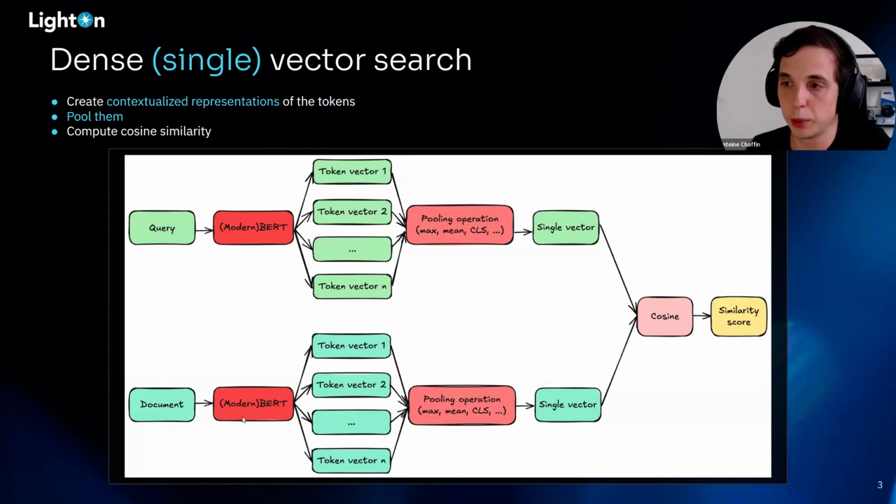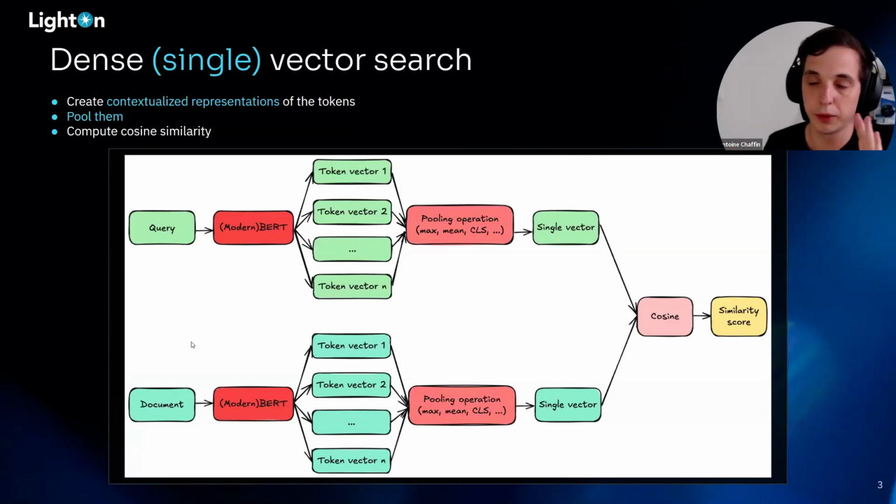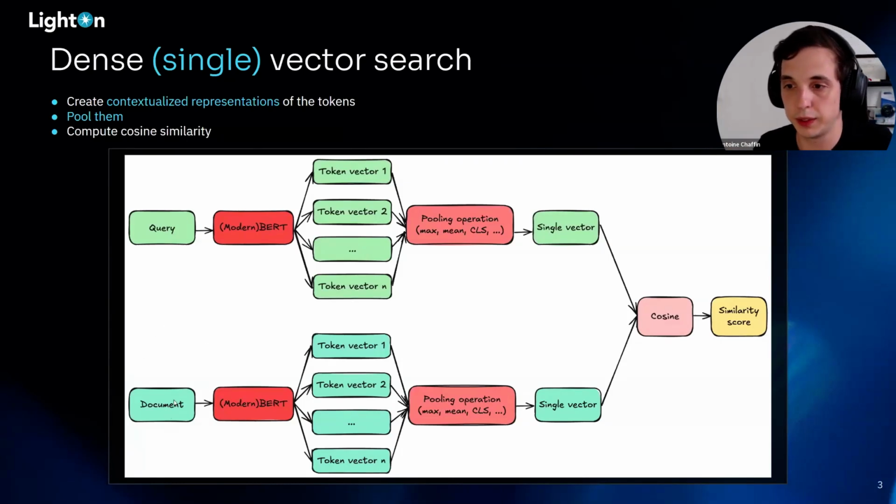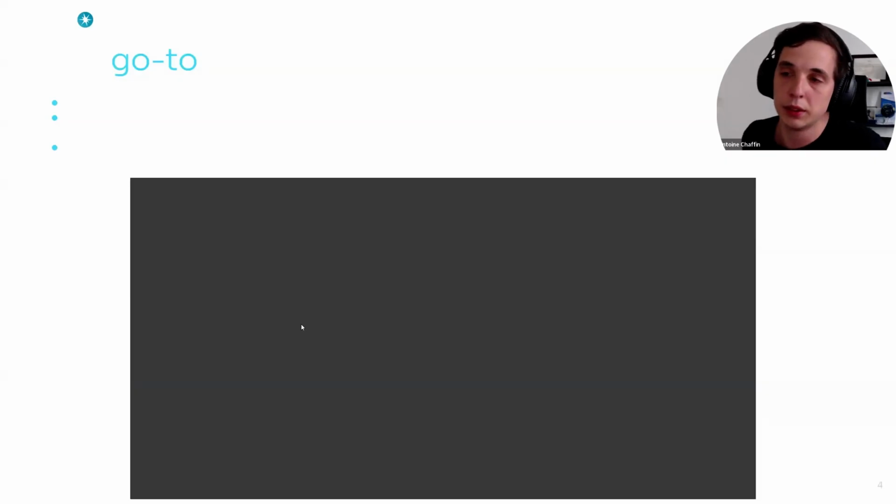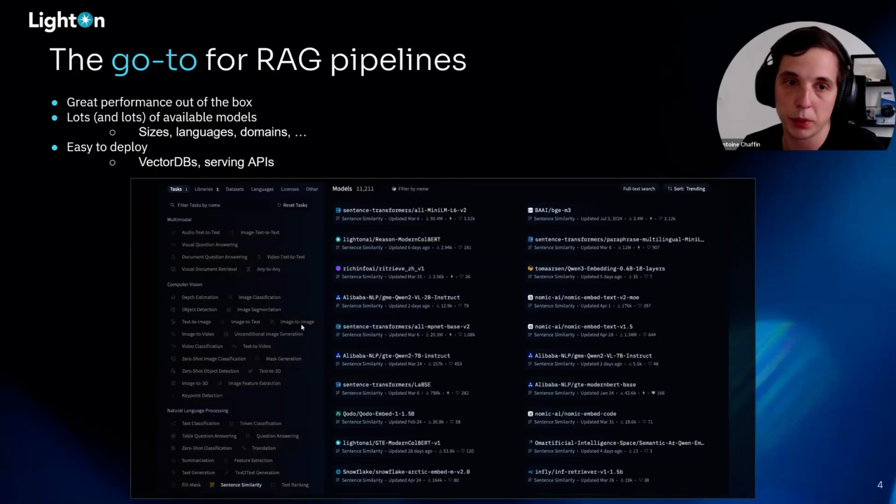And so the transformer models are optimized to create vectors that are highly similar if the document is relevant to the query, and lower if the document is not relevant to the query. And so we can then perform search by looking for the document that has the closest vector to the input query from the user. So I just presented those single vector models, but I'm pretty sure you are all already very familiar with them,